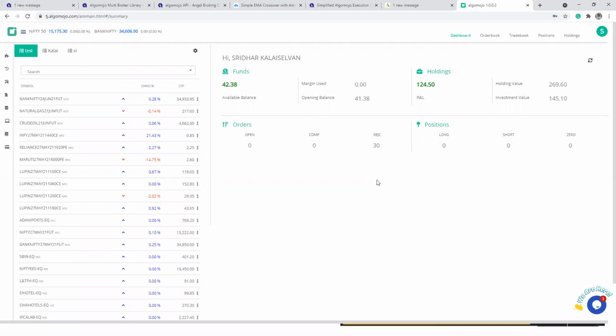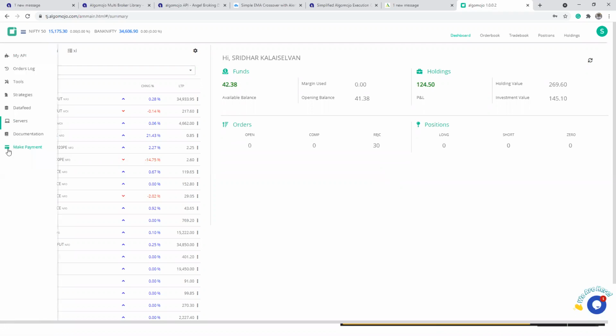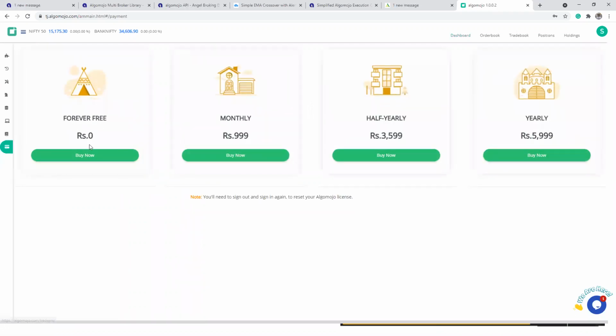So what is the cost involved over here? As I said, the costing will be very simple. If somebody is opening a trading account via Algo Mojo, it is forever free for them. It's a lifetime license. They'll be getting it. No cost and no terms and conditions